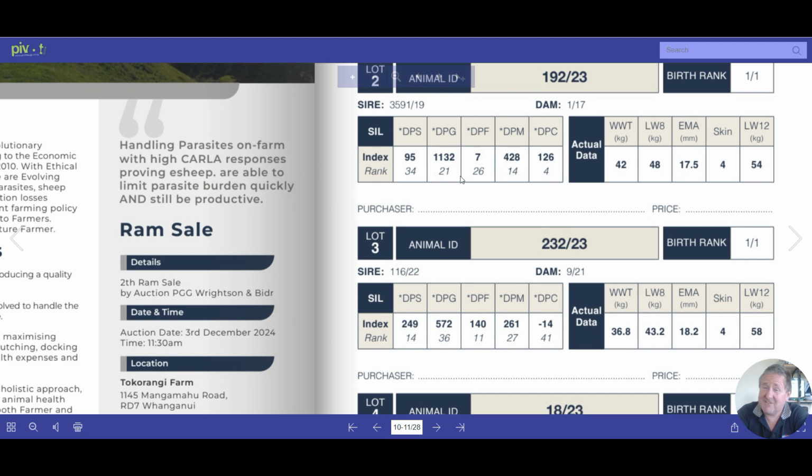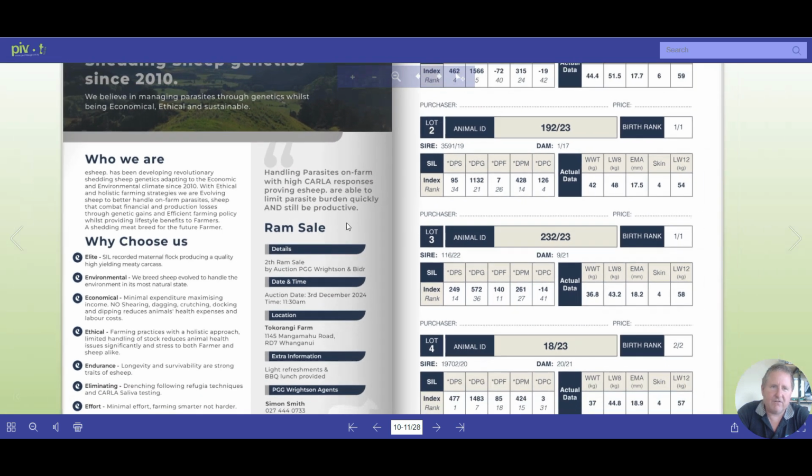Lots of nice stuff, but it's not seeing the thing I wanted. I'll come back to that. Survival, growth. F is the resistance to parasites. M is meat. C is for colour. It's interesting having both in there. But if we look over here,